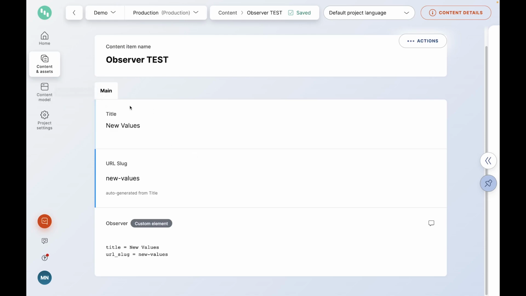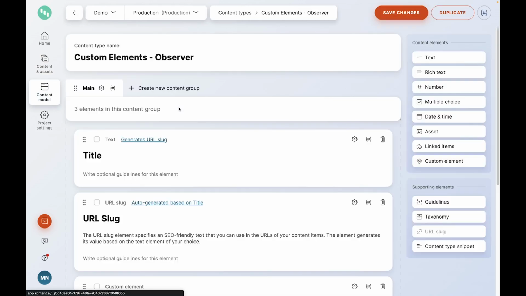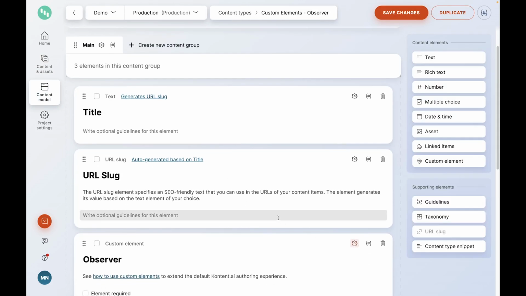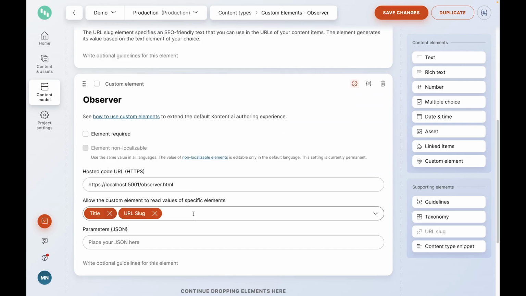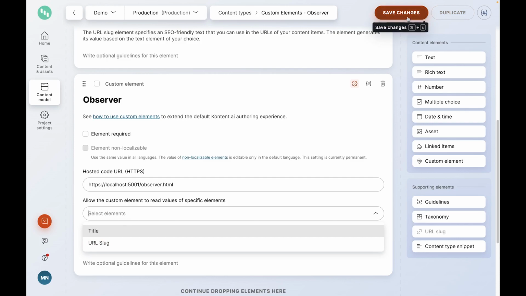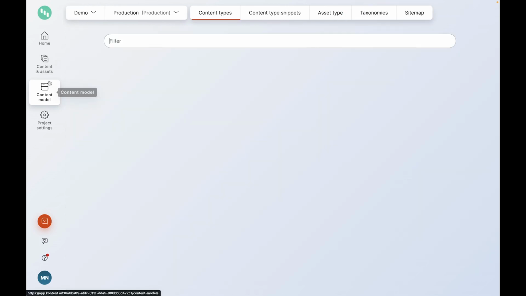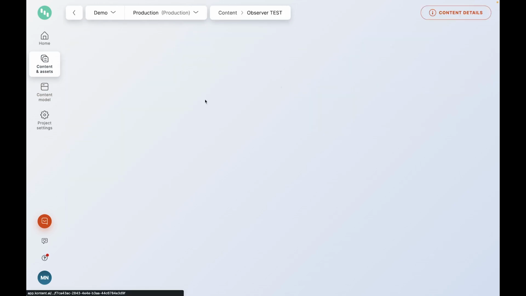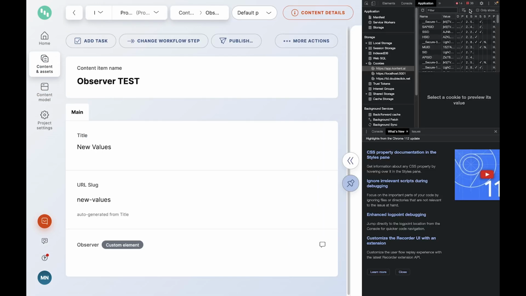So the other thing I wanted to look at once we've got that model back is actually the importance of this field here. You'll notice it's gone back to title and URL slug because those two things are now both in the same content group. So sneakily they were always working, or certainly always registered the same way, but we couldn't see title because it was in a different tab. But if you don't have those registered, and this is just a quick thing you need to check, when you're looking at your content, and we'll open the developer tools to show this,